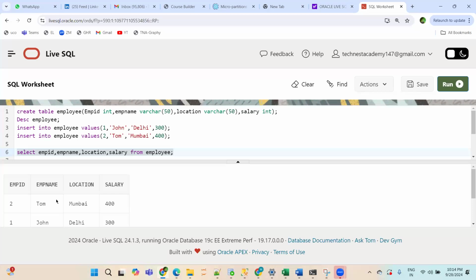To run the command, we need to select it, right, sir? Correct. Select means to display. You are telling the SQL engine to please display employee ID, employee name, location, and salary, whatever data these columns are holding, which is present in the employee table. That is where the SQL engine is displaying you this data. My question was that before running, you are selecting all this line, so we need to select that line and then go to run, right? You have to select it, then click on the run button.